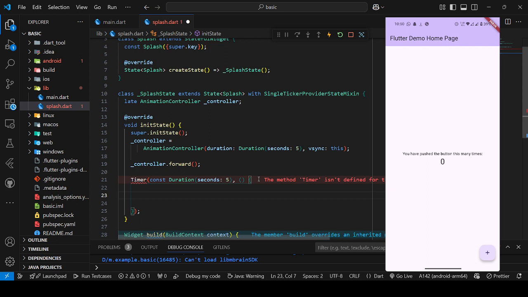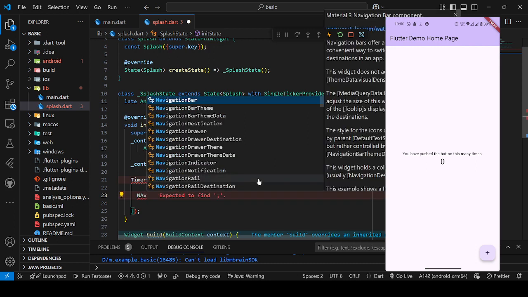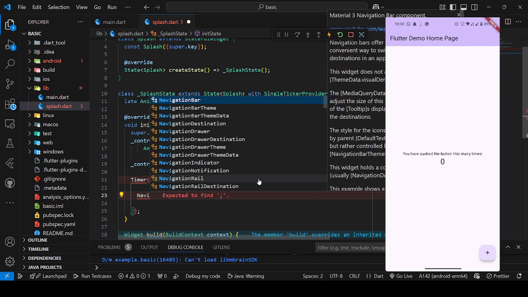And inside that, we are going to use the navigation push, cause 5 second बाद it will basically go to the another screen,